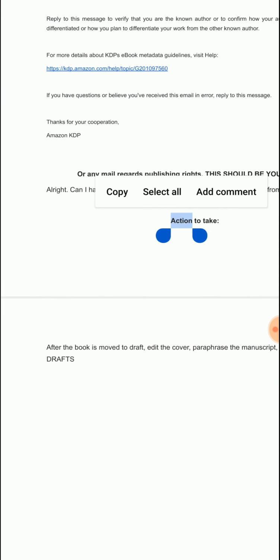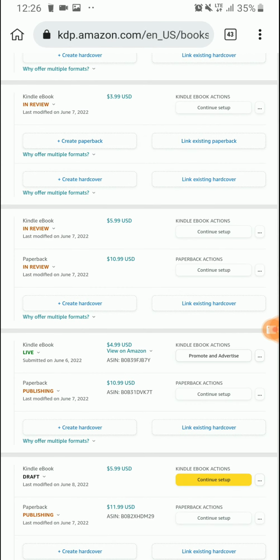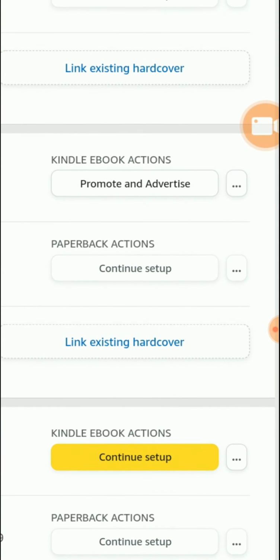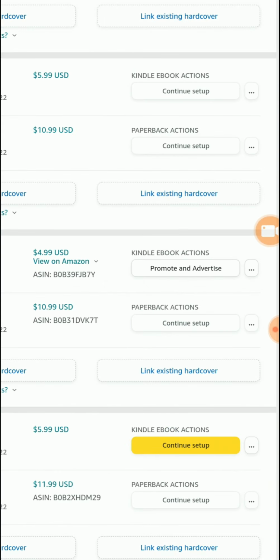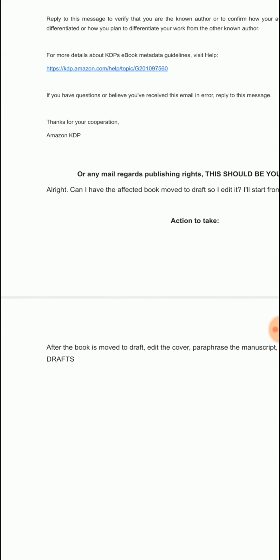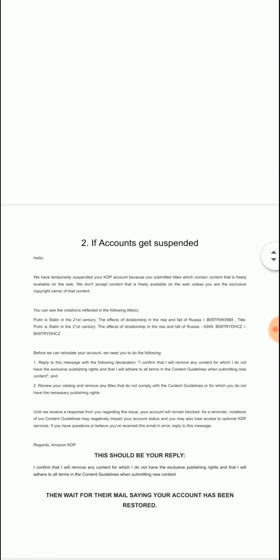If you want to publish the book on Amazon after it's moved to draft, let me go to that draft book. You can see this book is now in draft. Just come to this place, click on these 3 dots, or click on continue setup. After you've gotten your new cover and your new manuscript, continue your process, go to the book details, click on save and continue, go to the book content page, then upload the new ones you have made. But sometimes they can still reply with the same mail about publishing rights. Just tell them, all right, move the affected book to draft, and once that's done, leave the book in draft. Don't fight it. So this PDF, this short file will help you.